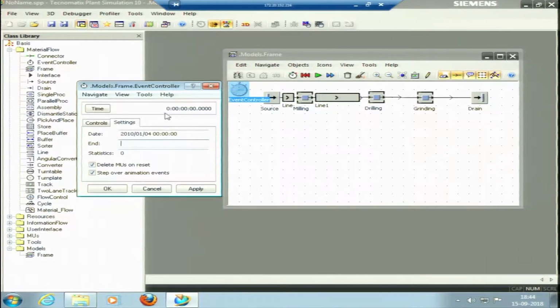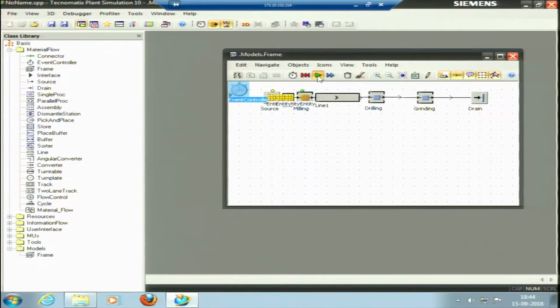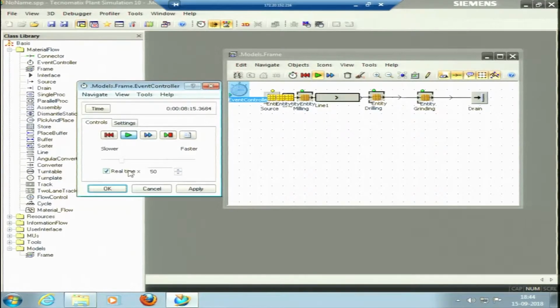So it is in the format, this first 0 is days, second 0 is hours, then this is minutes, this is seconds. So I can put in an 8-hour day, it should be 08 colon 00 colon 00. So my simulation would now end at an 8-hour day if I put apply here. Okay. Now let us run. It is running. Okay. Capacity is 1, it is running in the speed that is mentioned here, real time into 50.